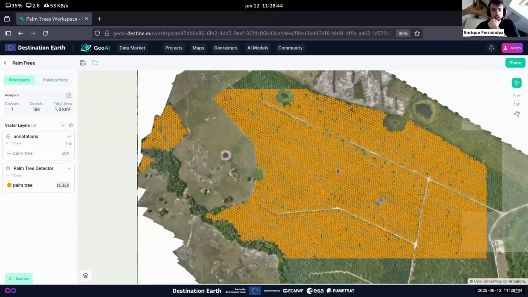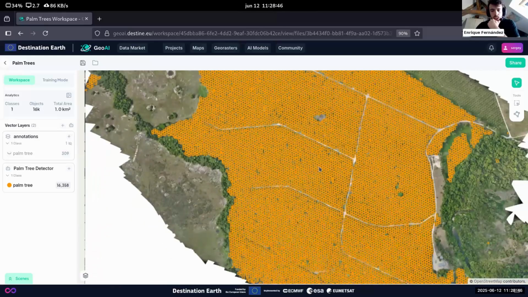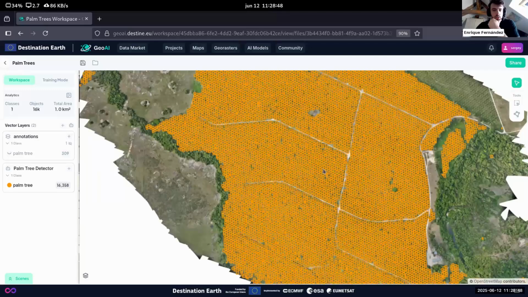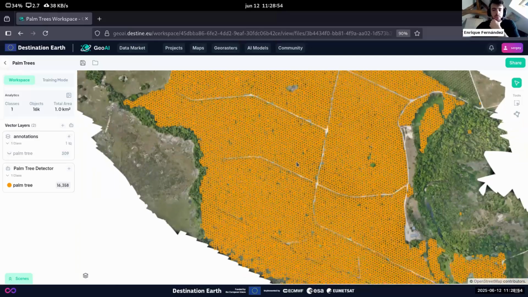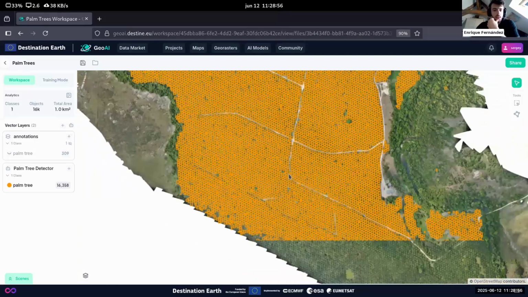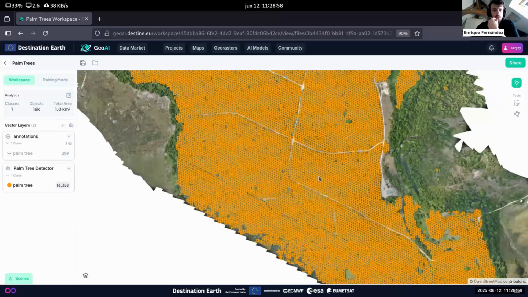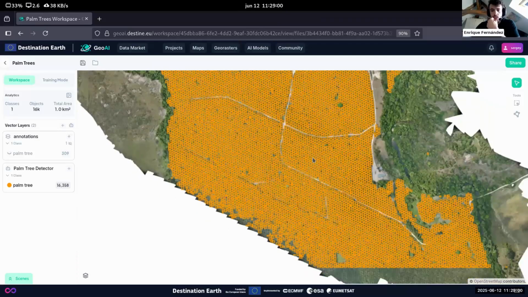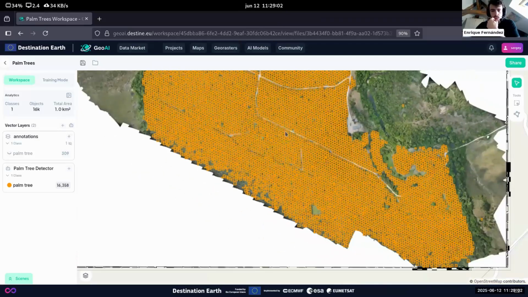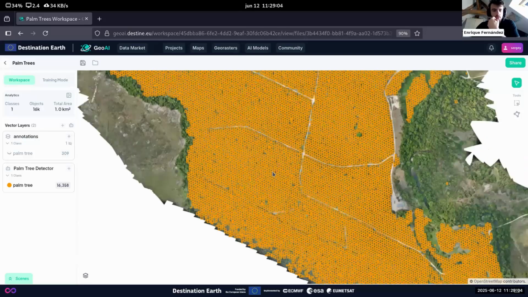and I think that's how you can quickly solve a use case using GeoAI. So the problem was clear. We have to know the number of trees to submit the paperwork to get these carbon credits. I need to know how many trees I have, and in just 10 minutes, we can use GeoAI to do that.